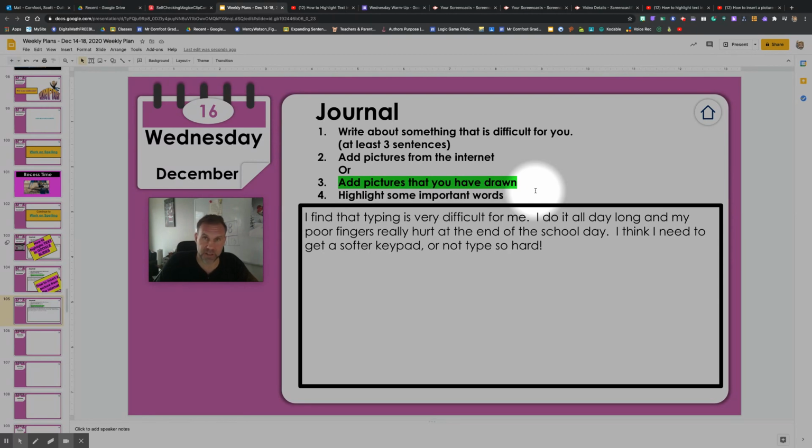Now, I don't have time to draw anything because I've been too busy erasing and trying again and doing it again and then messing it up and doing it again, all these videos. So I'm going to insert this picture of my dog. I always like to show pictures of my dog right onto that screen with nothing more than 2 or 3 clicks. All right, so I'm going to move my little mouse dude right up here to the insert image little